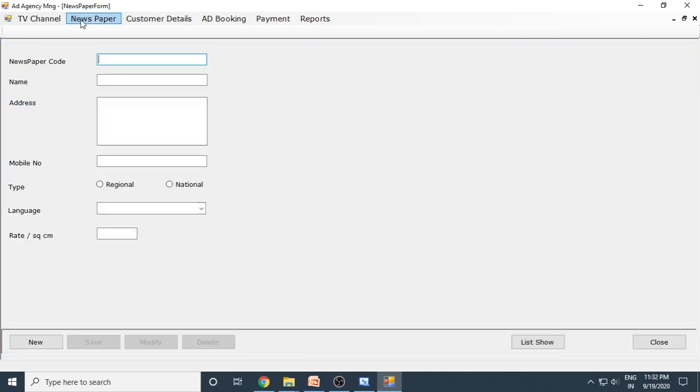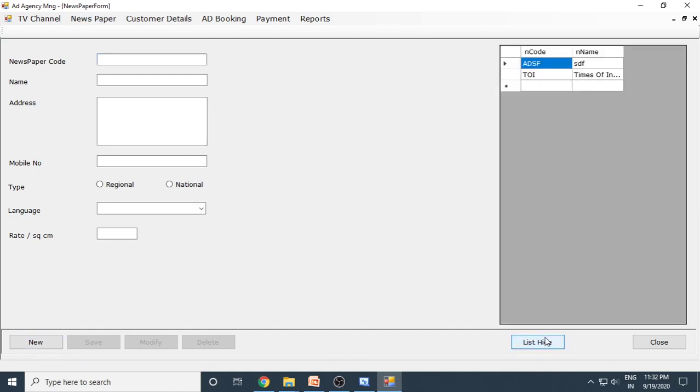Then I'll go to newspaper form. Here you can enter the newspaper detail. If you go to list, there is a TOI, Times of India. To enter one more, I'll click new button, go to newspaper code. So let me enter. I'll take Prajavani.